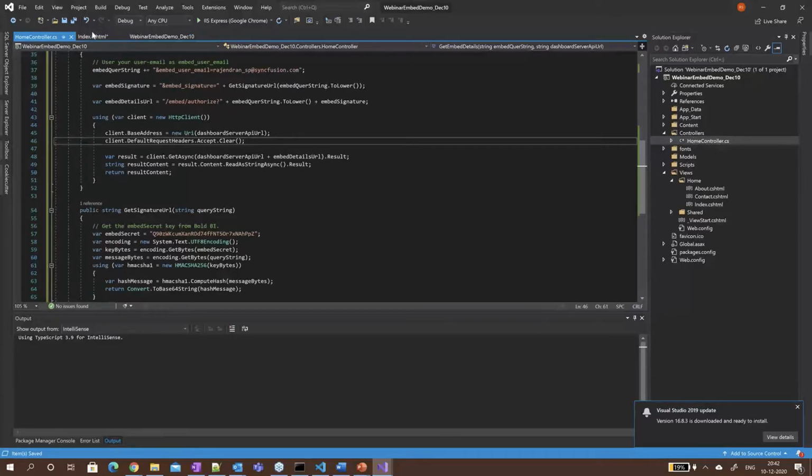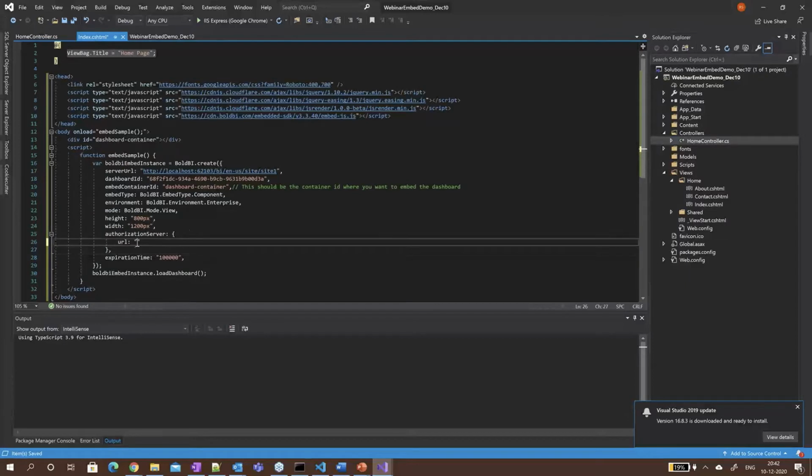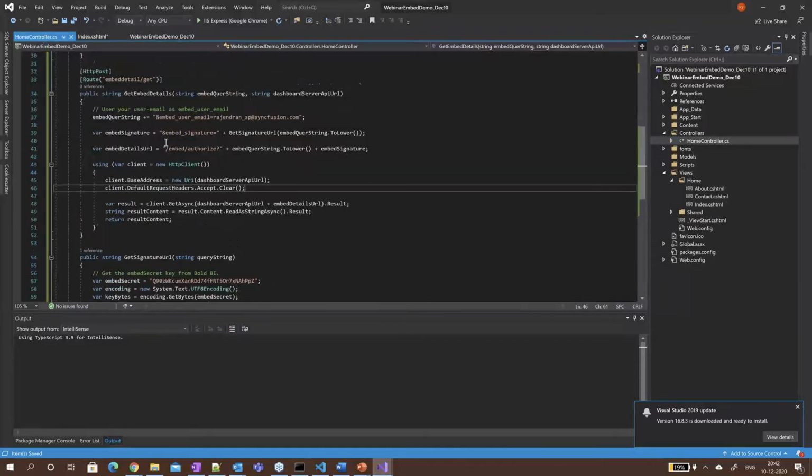Let's go back to the next page. Here we are setting the URL for the authorization server. I am going to set the URL to call the get embed details method.